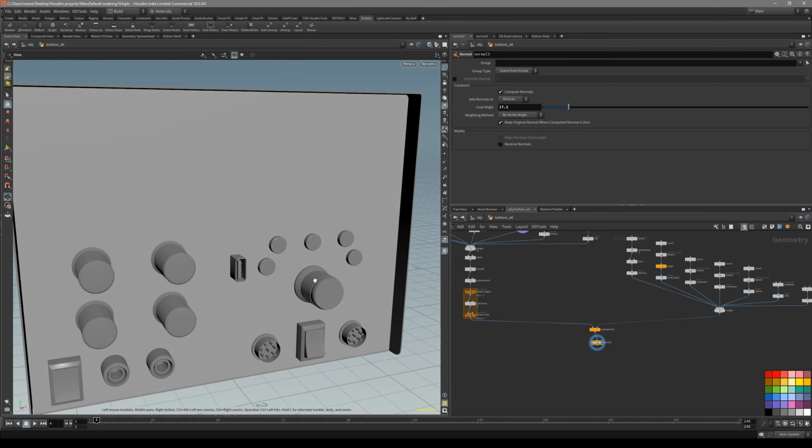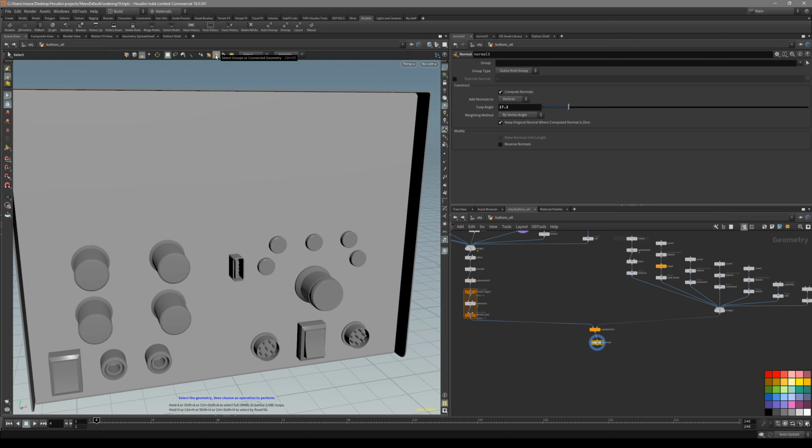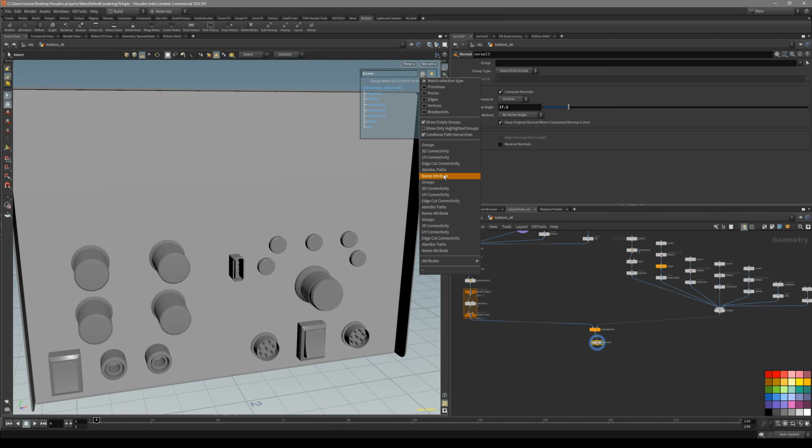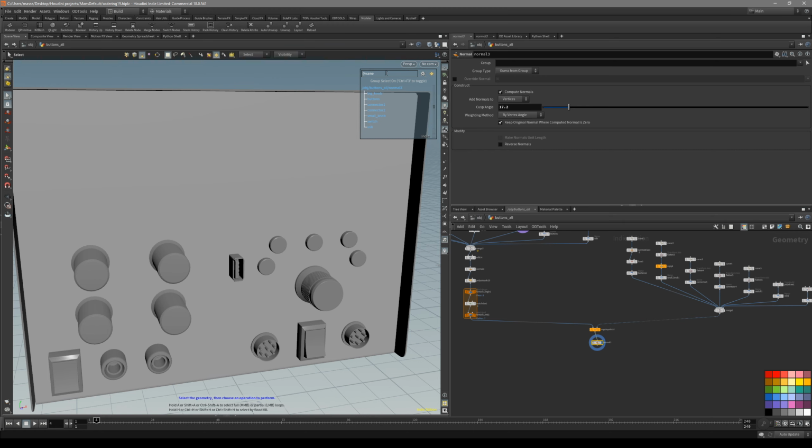So what you can do is actually go inside here and press on this select groups or connected geometry. You can see you can write in the attribute that you want to select your objects from. So in here I think it's automatically going to put a name, but you can also select any of these. So it's the name attribute, and since we did create a name attribute for all of our buttons, what we can do is quickly just select anything that you want to